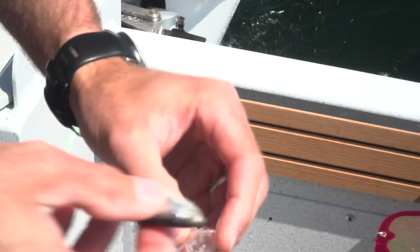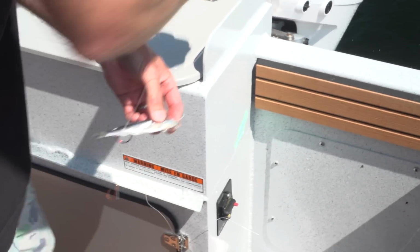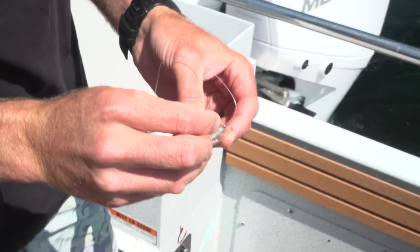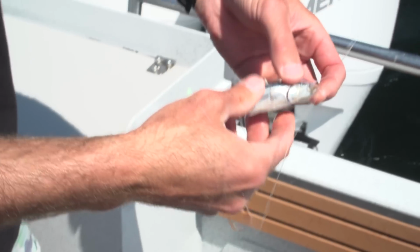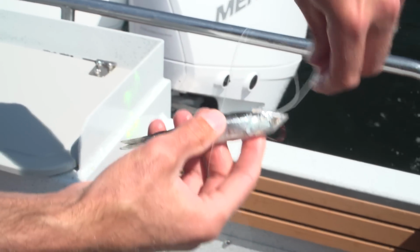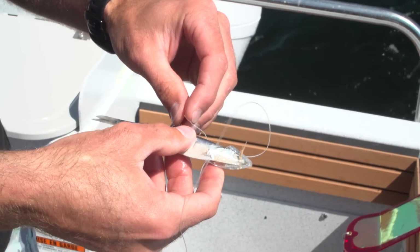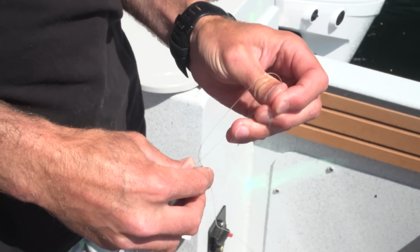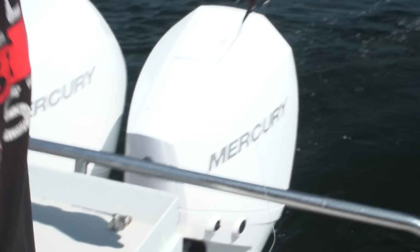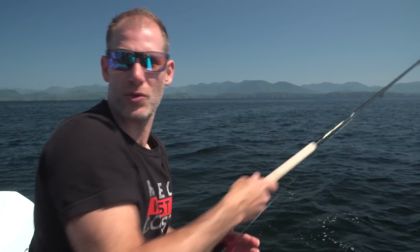I'm gonna try an anchovy on this side with just a clear teaser head here. So let's hold his head in place. And we're just gonna use two single barbless hooks. One through the bait, and we're gonna have one as a trailer. I like to use the single barbless, especially if you're gonna release some fish at times. It's much easier to catch and release that way. But also with the trailer,